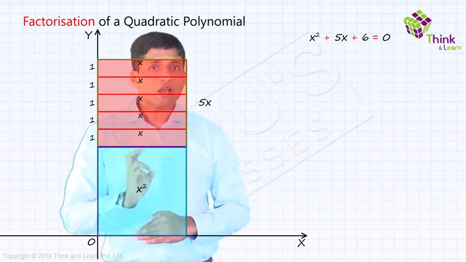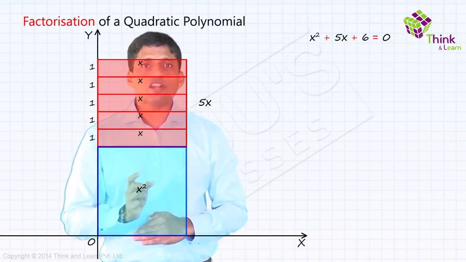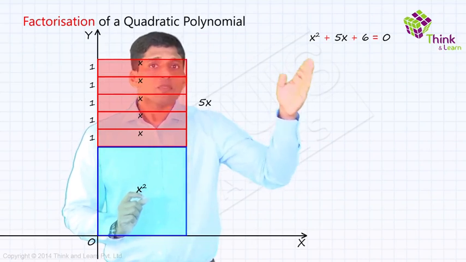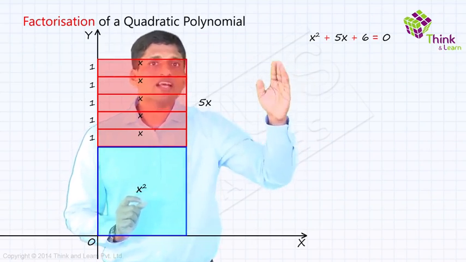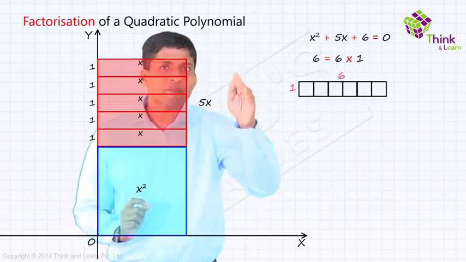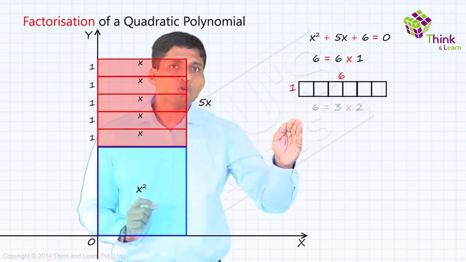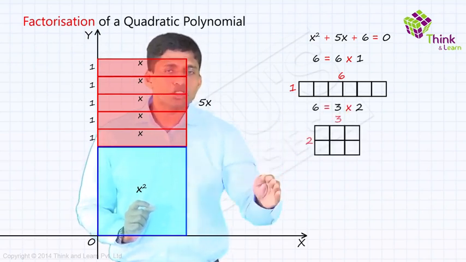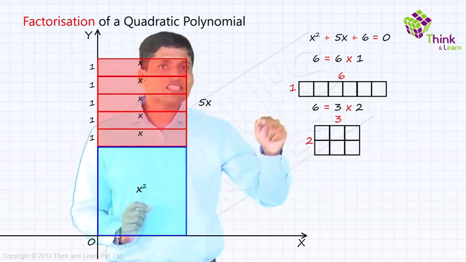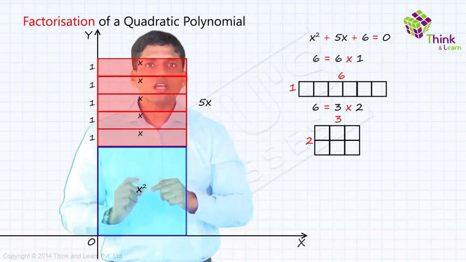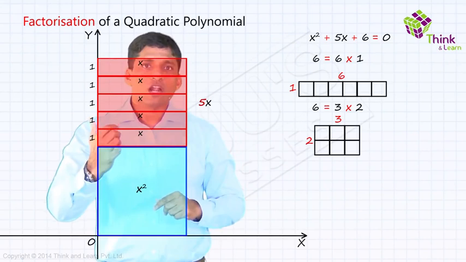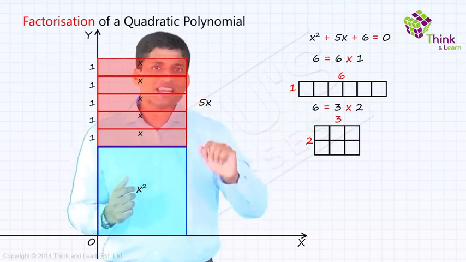6 is still outside. But as per our method of factorization, what we are supposed to do is write 6 as a product of two numbers. You can either write it as 6 into 1. So in a rectangle, it will look like this, where length is 6 and breadth is 1. Or you can take it as 3 into 2, where the length is 3 and breadth is 2. But while doing this, you should make sure that the sum of this length and breadth matches the coefficient of x, or 5x in this case. That is why this 3 and 2 will exactly match.